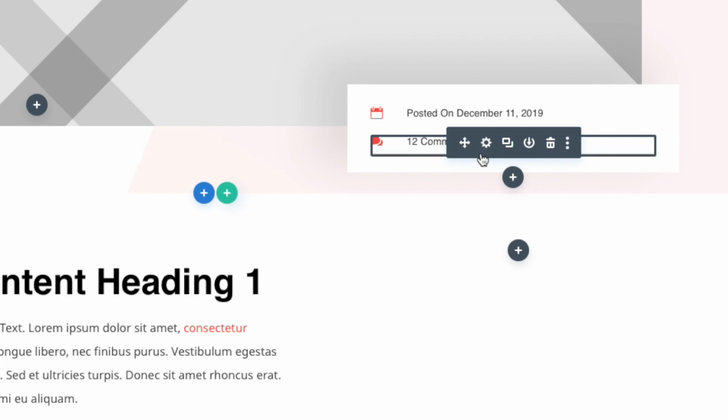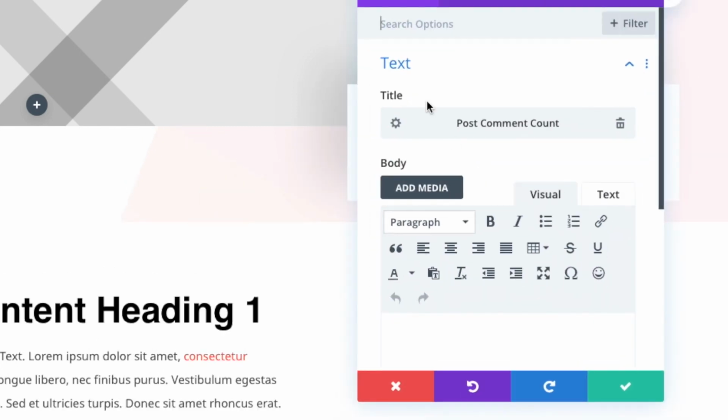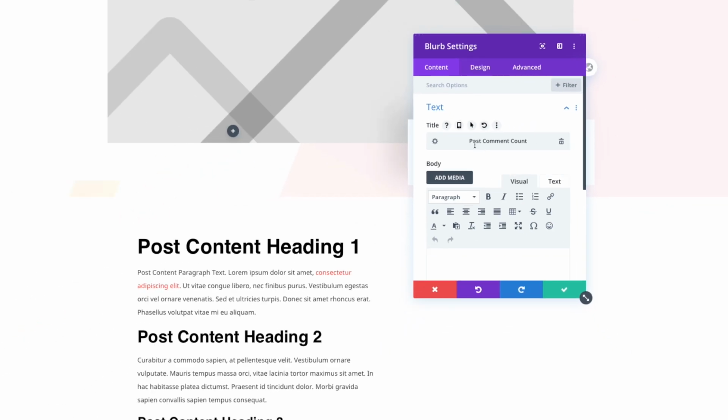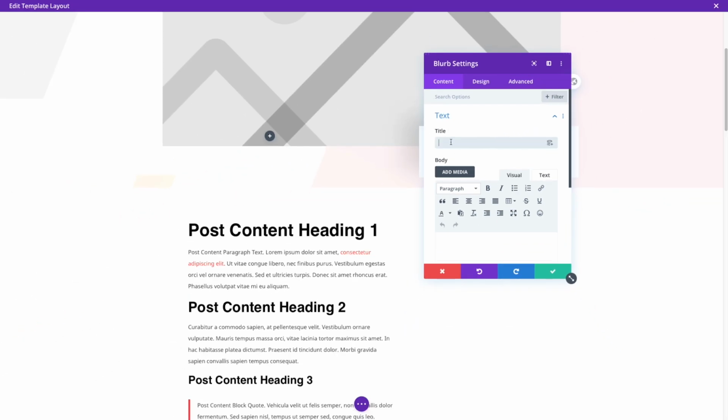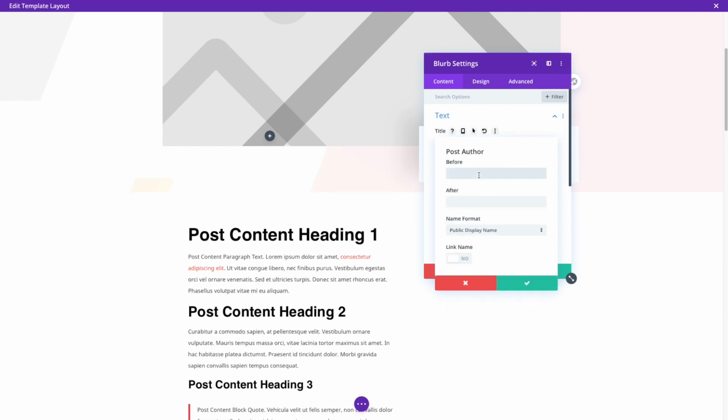So what I'm going to do is I'm just going to duplicate this since it already has basically the styling that I want. Go over here to Settings, and then we can delete this. So that was the title, was the post metadata, and if you click this little icon here, this is going to pull from our WordPress database, and we've got all of these different options. So in this case, we're going to use the post author,